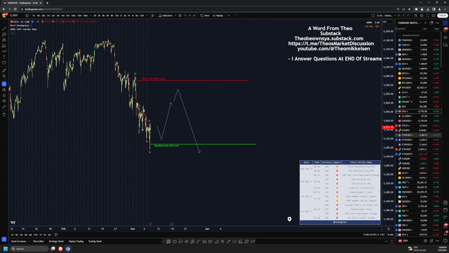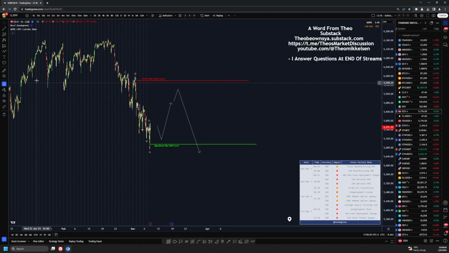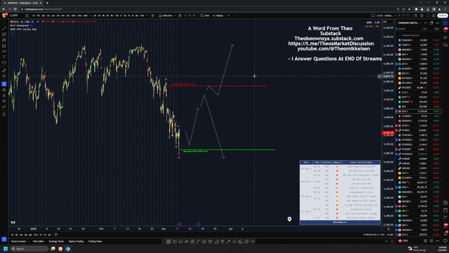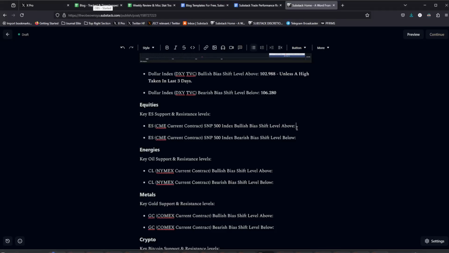Okay, so for ES, we're going to make this following comment here. Also, I will make one more condition here. If we do hit that, I think that should send us up to all-time high, or at least make an attempt at it. I'm not qualifying anything here just yet, but that's what I'm seeing.